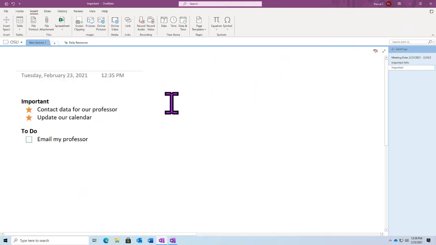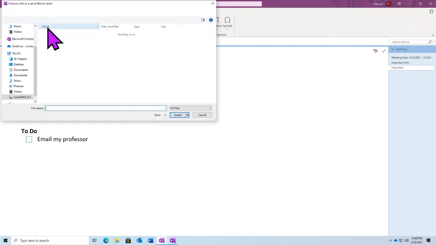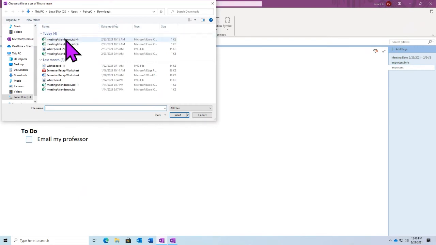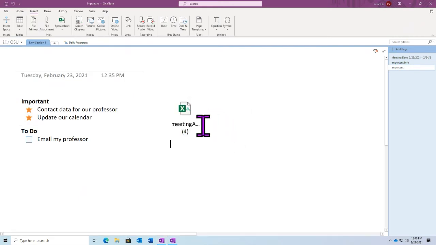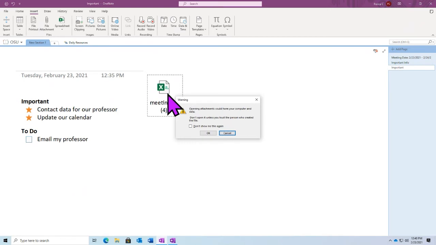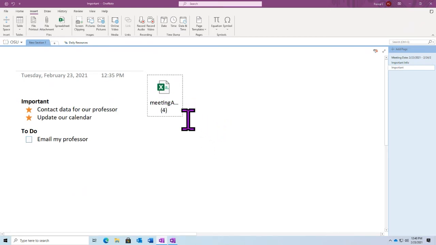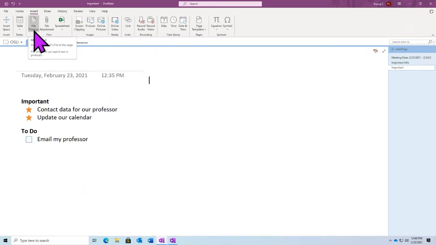Now, another really useful part of the Insert tab, and honestly a feature that I use all the time, is the attachment of files. And we have two key choices we can make when it comes to attaching a file. We can have a file printout, or we can attach a file as an attachment. Now, a file attachment is going to act very similar to an email attachment where we will be able to open it up and interact with it, but it will not have a preview available. It will just have an image here that we can then select and open up the attachment. A more useful way of inserting information into our notebook here is to use a file printout.